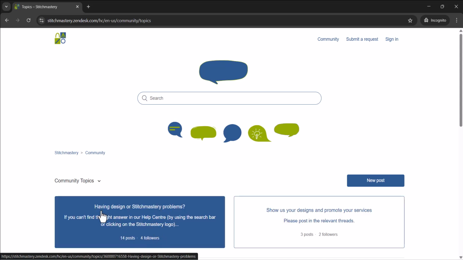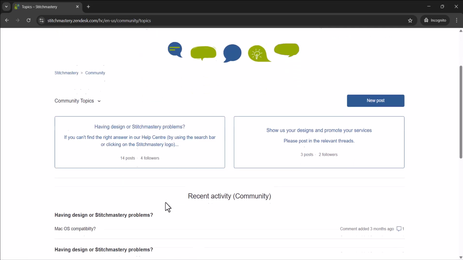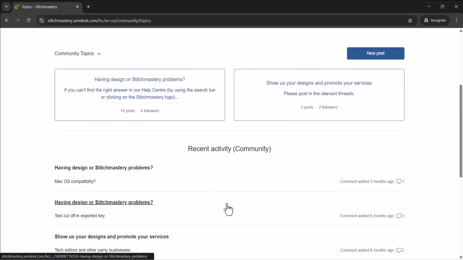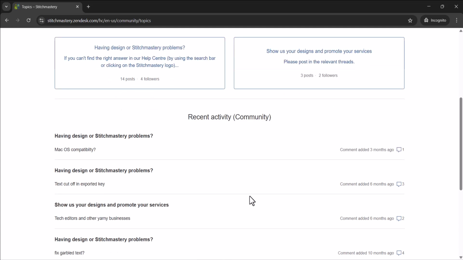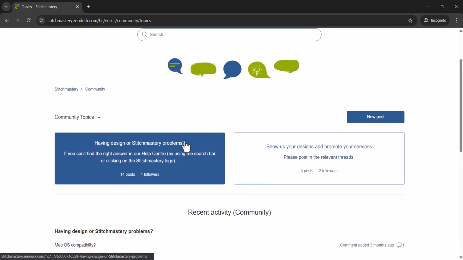And a section to ask questions if you're having any Stitch Mastery problems or design specific questions that you're not really sure how to put something into a chart rather than a specific question about Stitch Mastery. You can ask all of those here. Now, these are not as active as our Ravelry forum, but we do hope that in time this will be a place that people will come and have a look at from time to time, and we get alerted if there's questions. So, if you post a question in here, one of our team can get back to you as well.